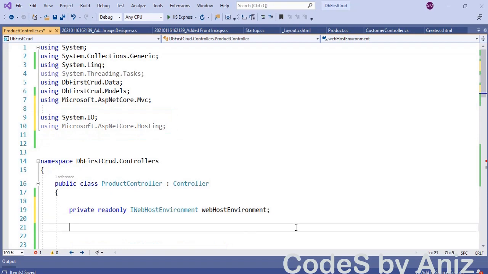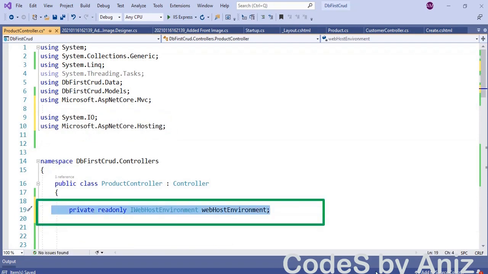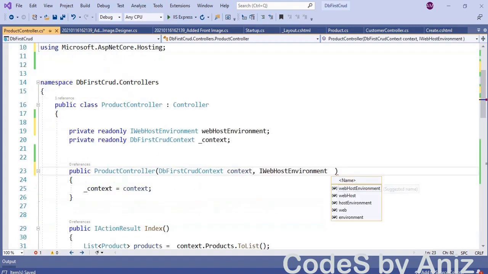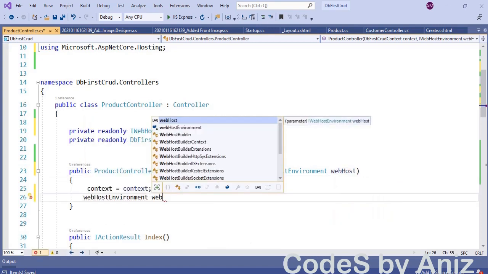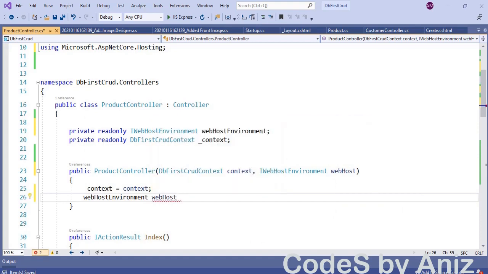And then declare a private read-only variable of type iWebhost environment and name the variable as webhost environment. Then in the constructor include the iWebhost environment and name it as webhost. Assign the webhost value to the private variable webhost environment.